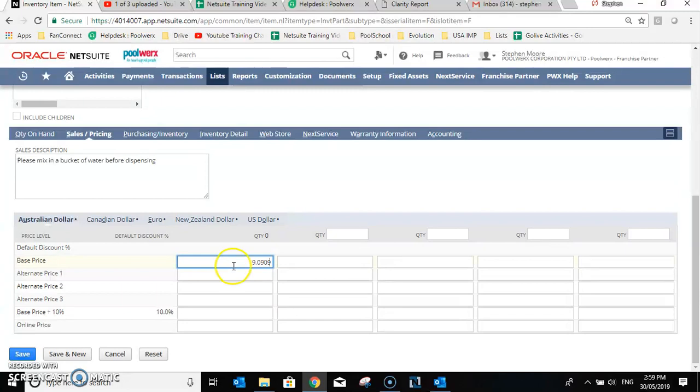9.0909. Now, with going 4 decimal places, if we leave that 9 as a 9, if you sell multiple quantities, you may end up losing 2, 3, up to 5 cents. So my general rule of thumb is the 4th decimal place, always round up. Now, being that this one is 0909, this will be actually 0910. And if I click away, you can